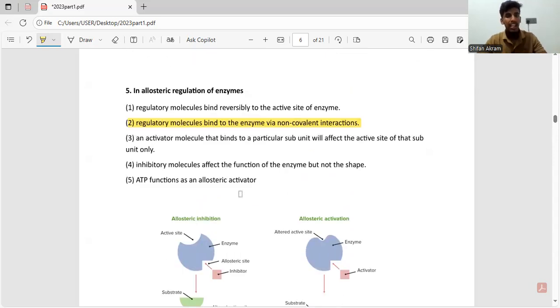And the fifth statement, ATP functions as an allosteric activator. Now, we know ADP is used to form ATP, right? So in the reaction, we have an enzyme that catalyzes that reaction. Now ADP binds to the enzyme and forms ATP. So when there's too much ATP, it acts as an allosteric inhibitor, not as an activator. When too much ATP is produced, ATP goes and binds to the enzyme as an inhibitor and inactivates the enzyme, so no more ADP is converted to ATP. So this statement is wrong because ATP functions as an allosteric inhibitor, not an activator.